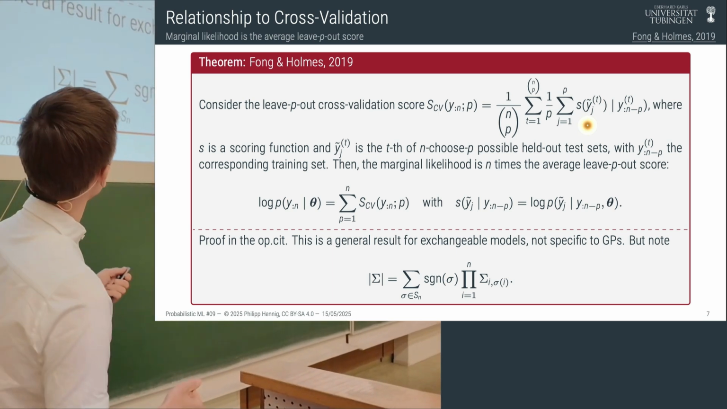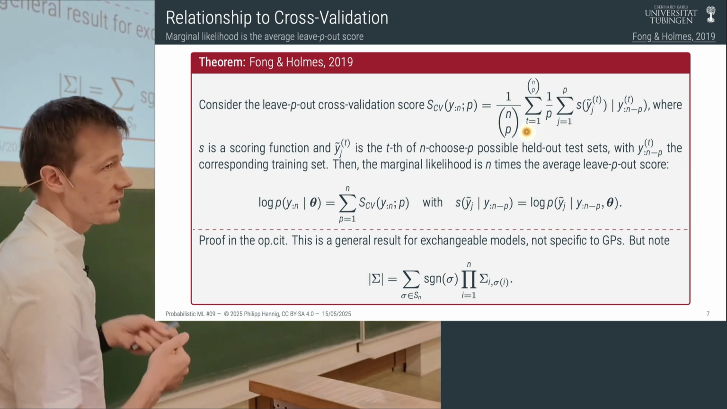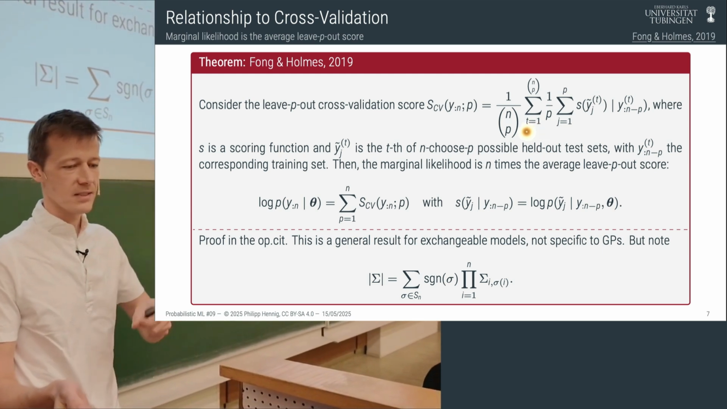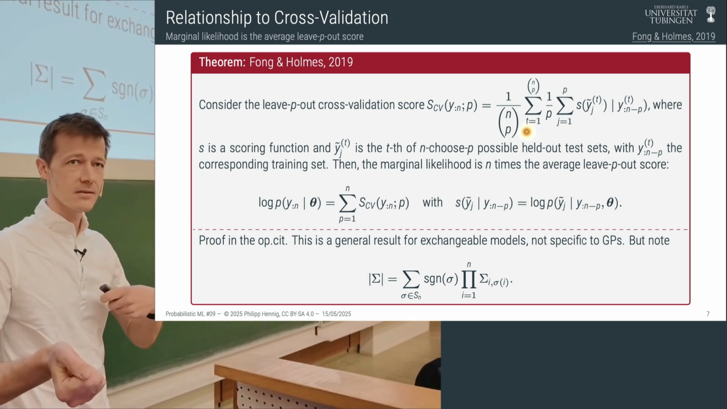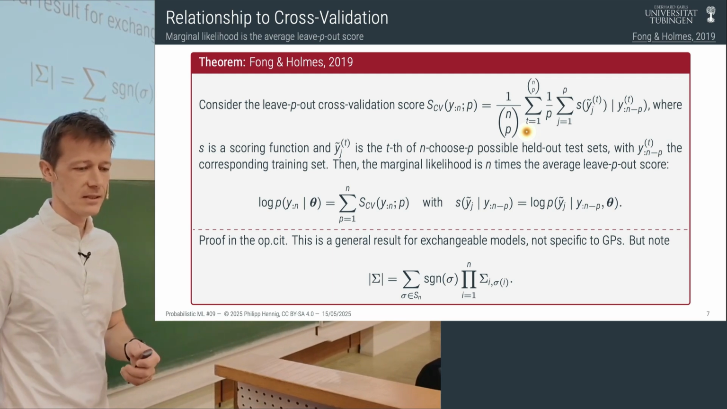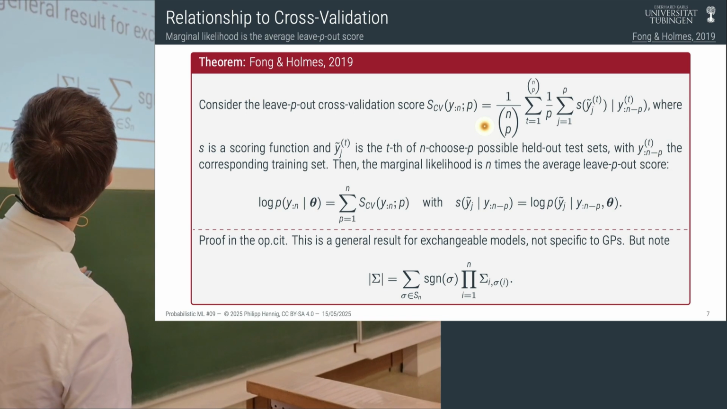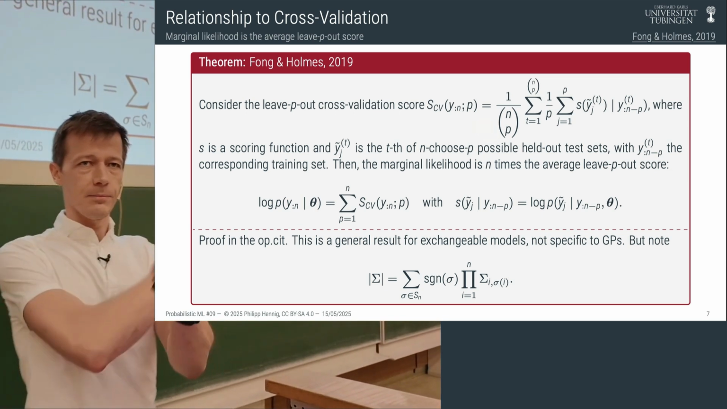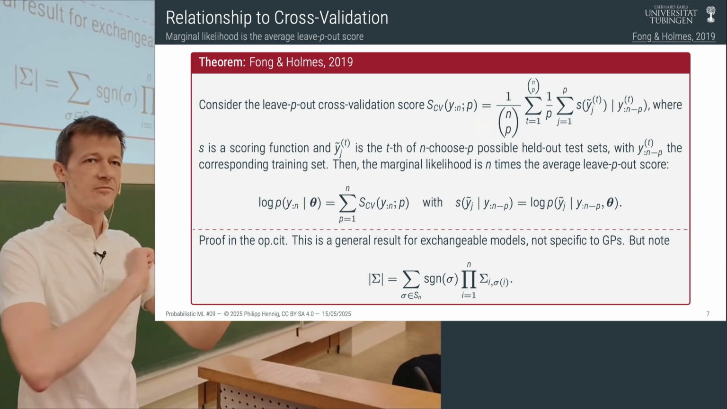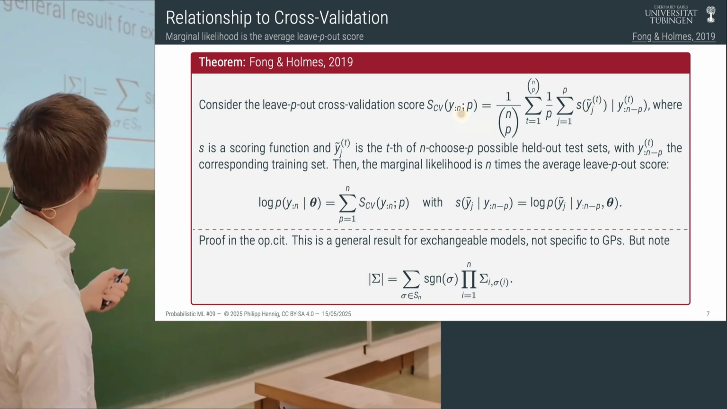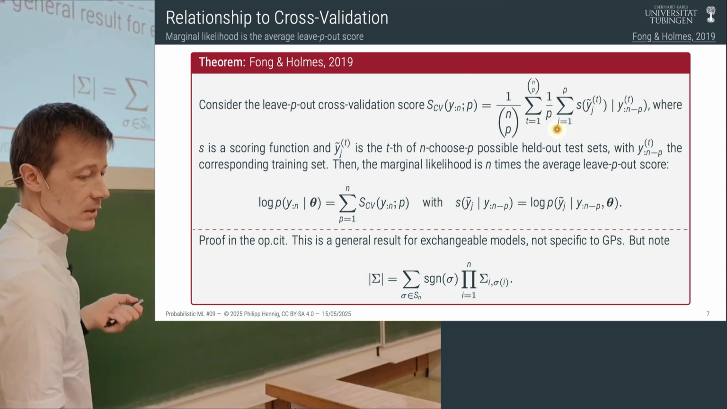And now you can do that for, well, if you leave p data points out, then there are n choose p possible ways of picking such a test set, right? So your cross-validation score is to do all these different permutations of these leave-p-out sets. That's what this fancy sum up here does in the front. So now the theorem says